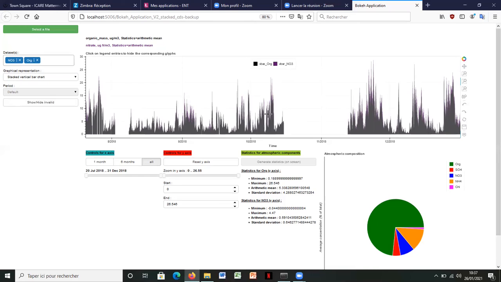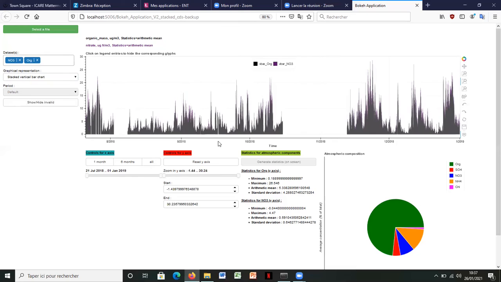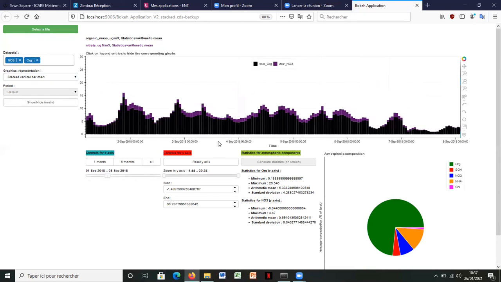So if I zoom in right here, for example, you can see that we zoomed in on the plot. For each entry of time data, several bars are placed on top of each other.